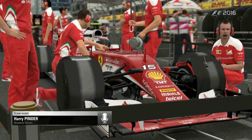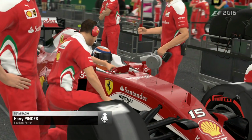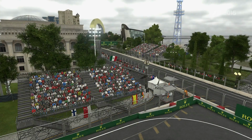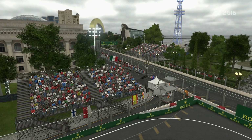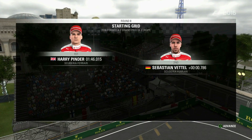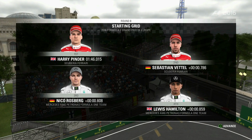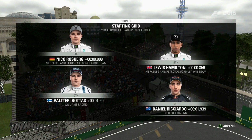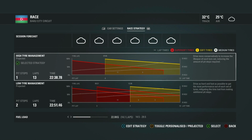You've done well to put it on pole, but we've still got work to do. Trying to cover the inside line off the start. So before the off, let's remind ourselves of yesterday's qualifying session with a look at the starting grid. It's Ferrari in pole position then, with Sebastian Vettel starting alongside. Looking down the rest of the grid, we have Rosberg, Hamilton. It's good to see my teammate and Valtteri Bottas up so high. I chose the faster